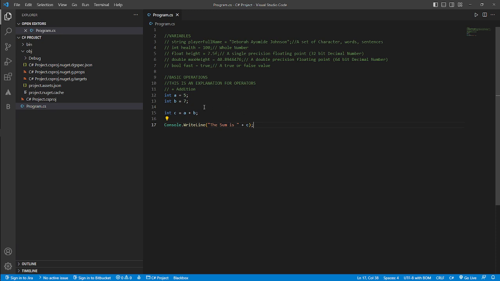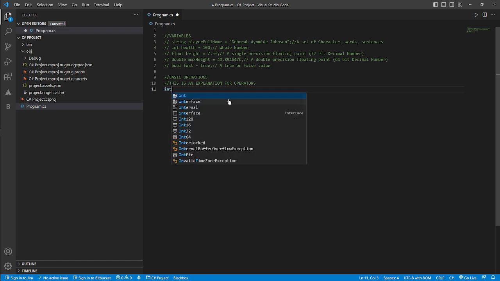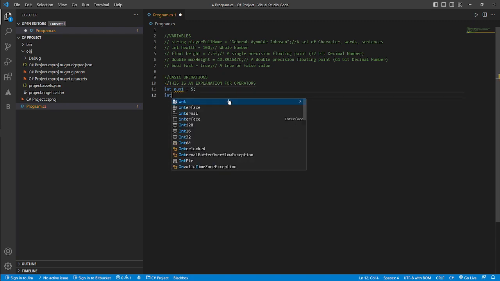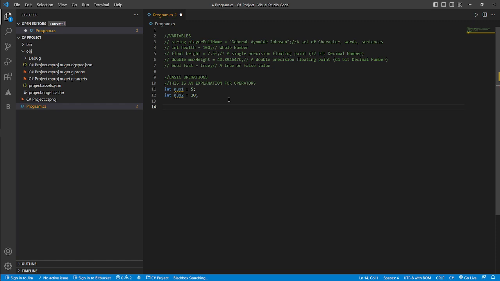I'm going to quickly put this together so that we have everything ready. So int number1 equals 5, and int number2 equals 10. Then we'll go straight to all the different